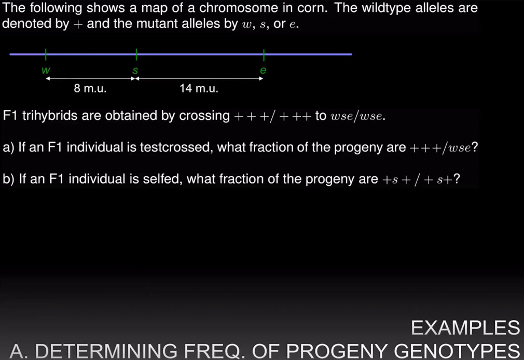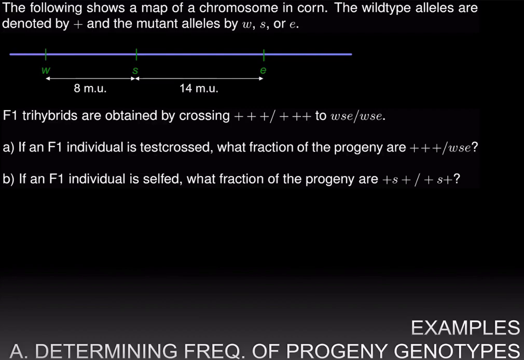The following shows a map of a chromosome in corn. The wild-type alleles are denoted by plus and the mutant alleles by W, S, or E. And we can see that W and S are separated by 8 map units and S and E are separated by 14 map units. And you generate F1 trihybrids by crossing a pure breeding wild-type individual to a triple mutant